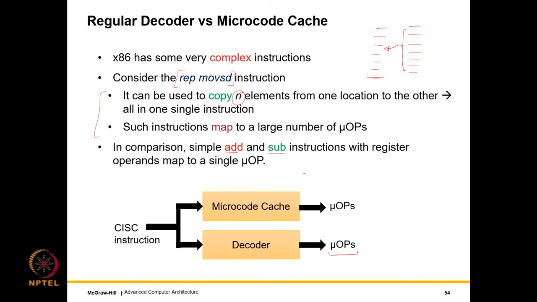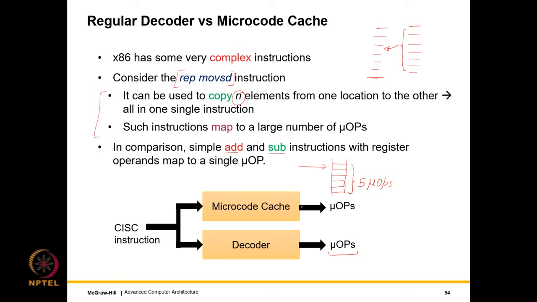So in this case, what happens is we address the table by the instruction, and it's a huge table. So at this point, we just read all the micro operations that this instruction would translate to. So in this case, let's say it's translating to 5 micro operations, what we do is that we simply read them, and these micro ops are sent down the pipeline.